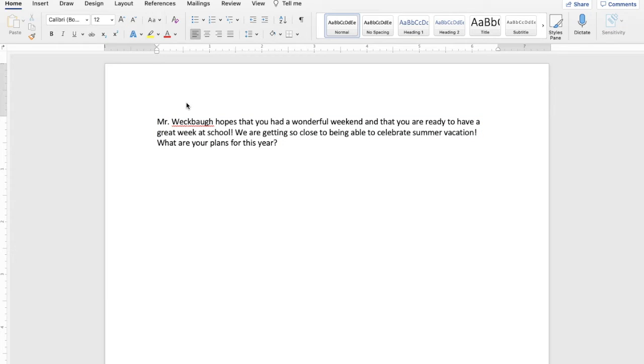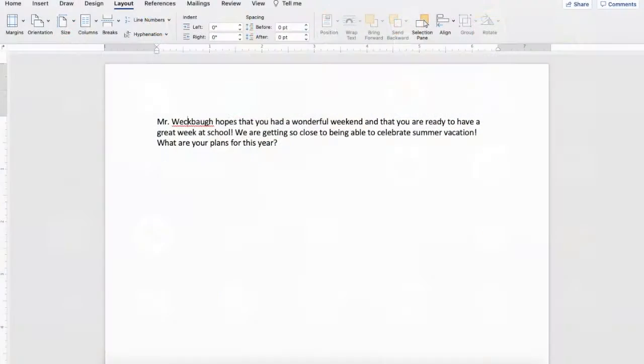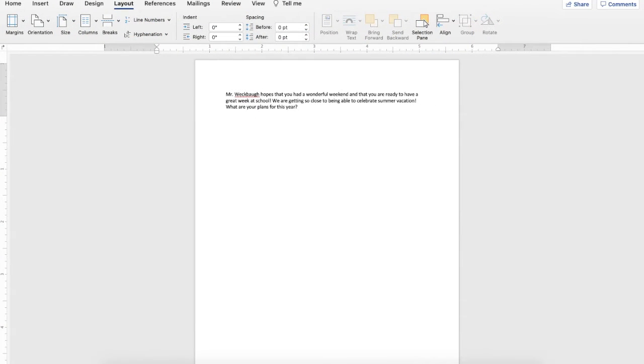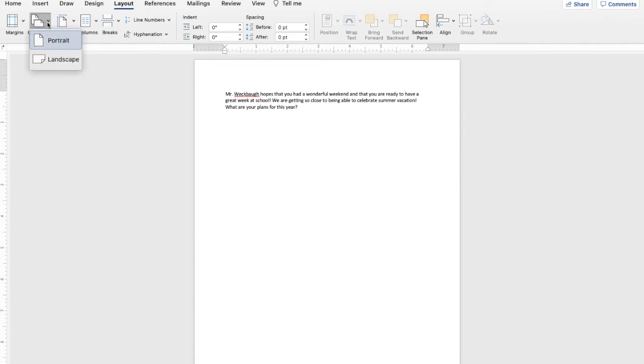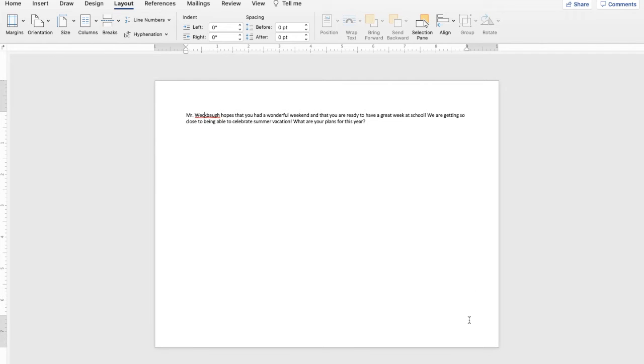Now, a few other things I wanted to go over with you. Layout. We always see our paper in this form right here. A nice long piece of paper. It's how we do all of our work. However, if you ever wanted to change it, we're just going to go right up here to orientation. Change it from portrait to landscape. Now it changes the paper, and it changes just how the paper looks, obviously, because we tilt it 90 degrees. This is good for flyers, or if you're creating something where you need to have a lot of distance going left to right.